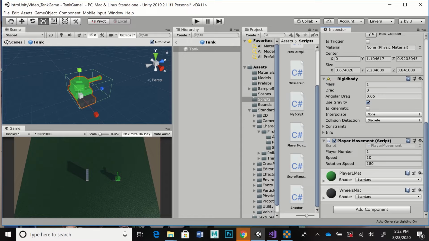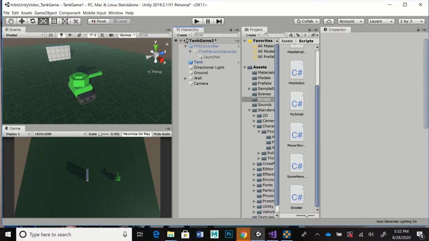And that script has some inputs here. The main thing is that there's a player number, which is going to be 1 or 2, and then there's a speed and a rotation speed. And those, I don't have to actually drag anything into them. Those are just values that I can change if I want to after I test it out. So to test this out, we'll go back out to the hierarchy, and we want to test out the movement of this tank. So I'll go ahead and hit play,